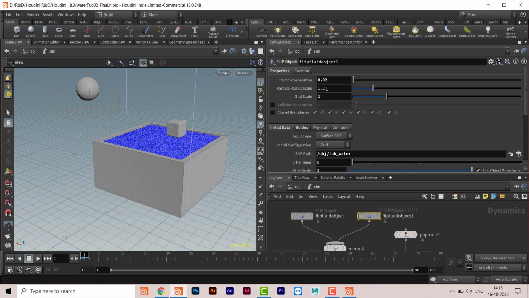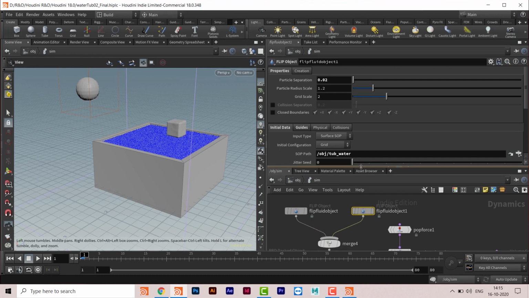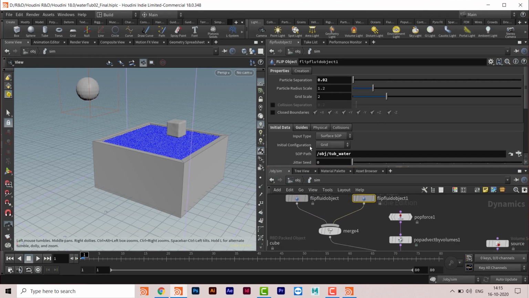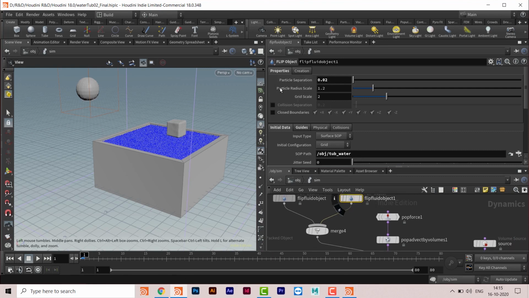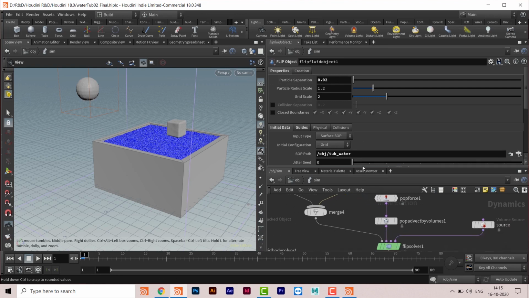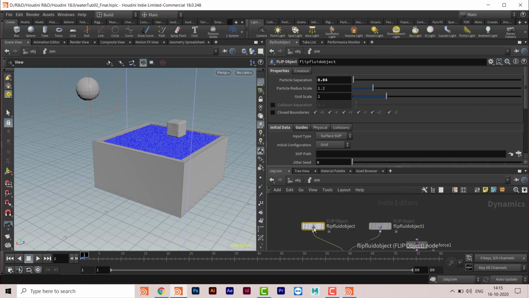I have kept both the values. This is 0.02 and this is 0.04. Maybe even if both of them are 0.02 or 0.04, a little bit of things will be changed here. So I kept this value larger than this value. That is your personal choice actually. So if you want to make the same changes, then that is fine. So I just took this particle separation 0.02, and then I copied it there in the source value. Now that is 0.04.